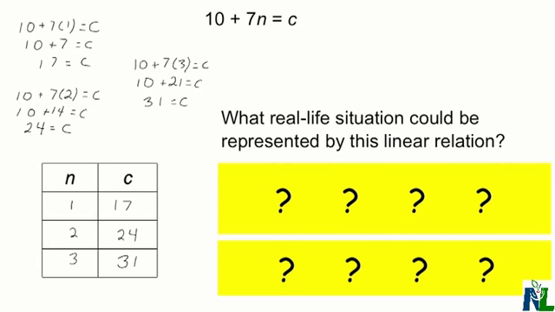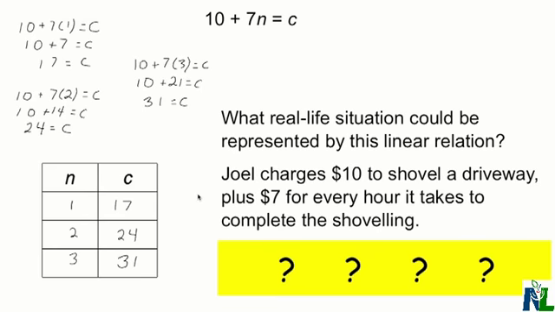What real-life situation could be represented by this linear relation? Here we will see two examples. First, Joel charges $10 to shovel a driveway, plus $7 for every hour it takes to complete the shoveling. An additional example of a real-life situation